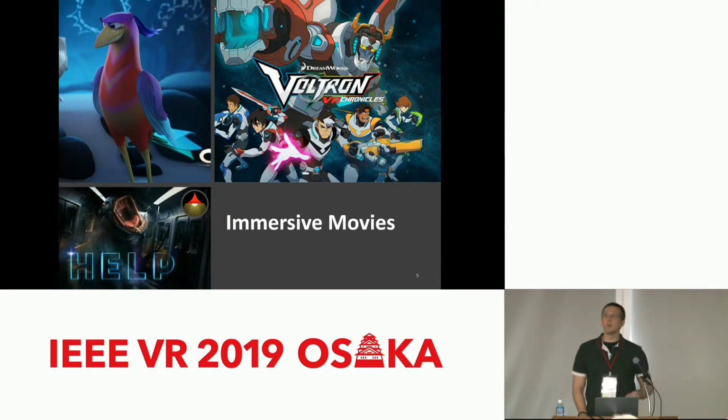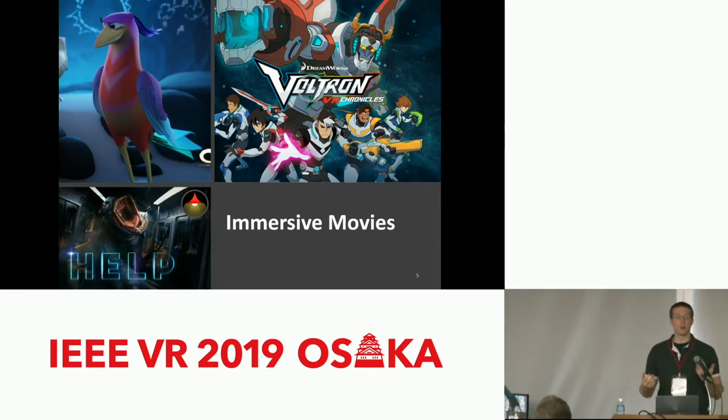So I don't know how much people have seen these types of immersive videos that have been collected or created by different studios. But there's a good number and a great deal of variety that's come from different types of studios and production companies around the world. So some of these are live action, and they're carefully orchestrated, similar to regular movies, but again, of course, you can look around everywhere. And some of them are 3D, digitally animated. And there's all kinds of different organizations that have done this. Google Spotlight Stories, a well-known one, Oculus Story Studios, been working on this for a while. DreamWorks VR also has been